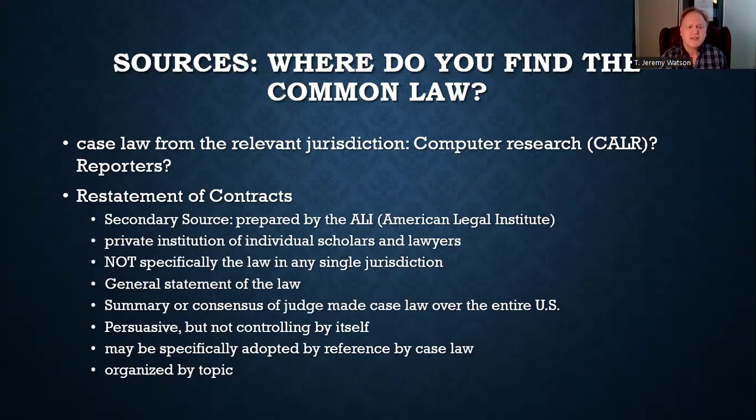So for instance, there's a section in the restatement on what the elements of a contract are, right? And I forget how they number it, but I guarantee you that it contains agreement, consideration, mutuality, and capacity. And that it probably includes legality as a condition, not an element, but nonetheless, that'll be mentioned in there because that's the same across all 50 states.